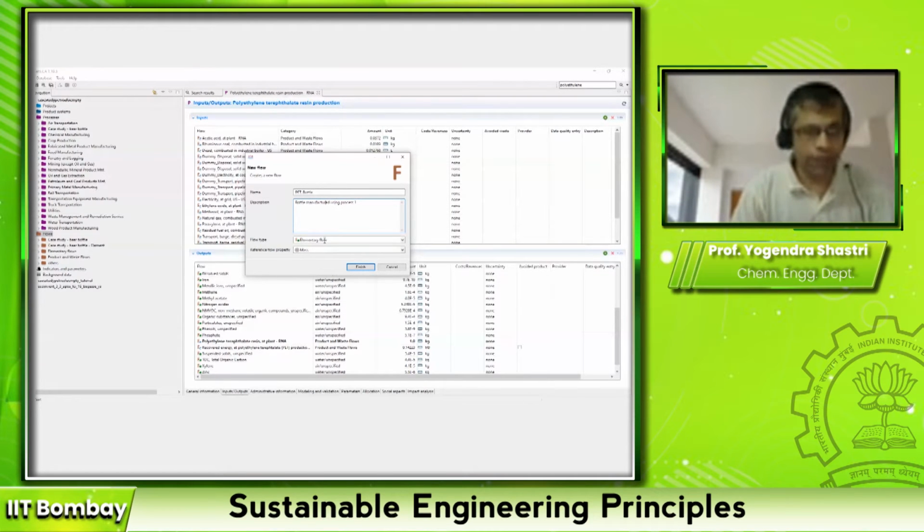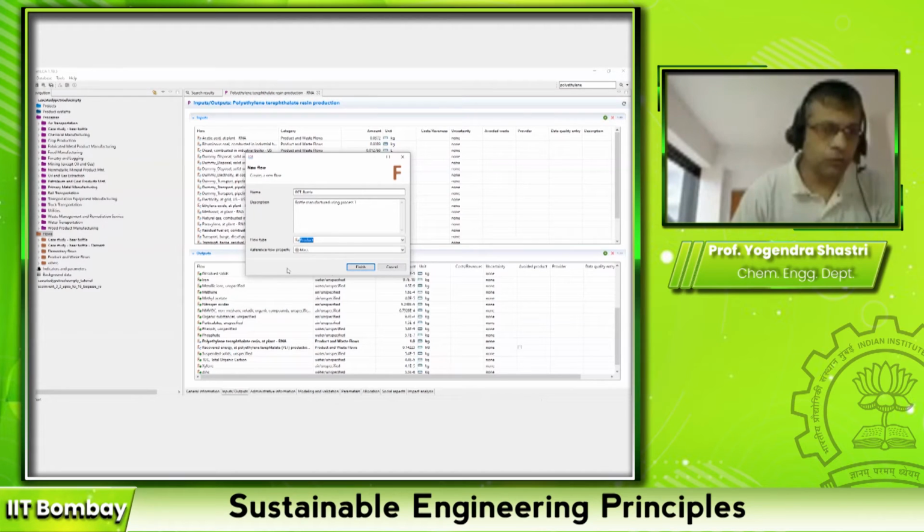The next thing is you have to define what kind of flow you have. So you have three options here: elementary, product, and waste. So this is clearly a product flow. It is definitely not an elementary flow. It's a product flow because it's something that we are using. It's being manufactured. Okay, so you click product here. So that is your flow type. It's a product flow. And the symbol changes. Remember, I told you that elementary flow has a leaf here, product flow has these gears, and waste flow has a broom. So you select product flow.